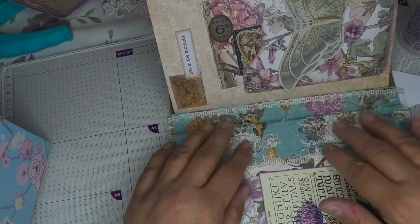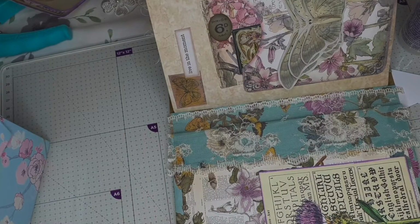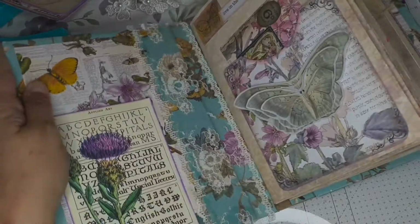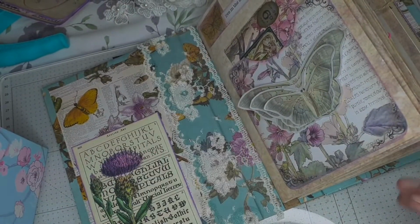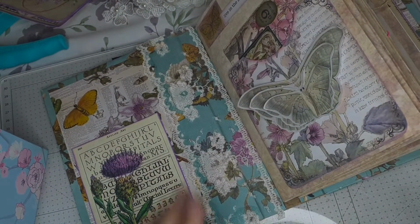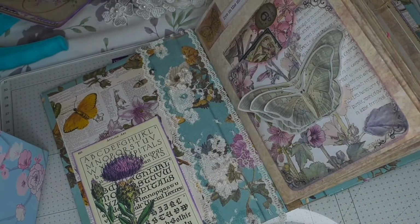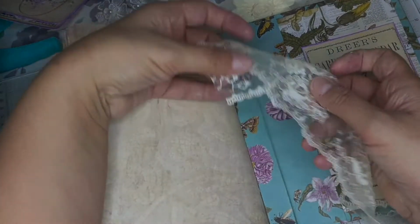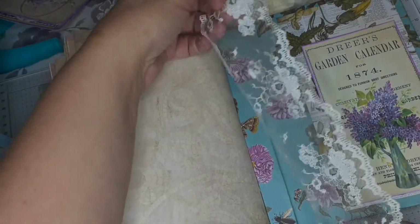So you can see there's a little bit of movement, and I quite like that with my lace. I don't like it to be kind of all glued and stuck down. I like to have a bit of movement in it. There we go. Let's make sure that's going to be stuck. Okay, and then we'll do the other side. Grab that piece of lace again. Do it the same way